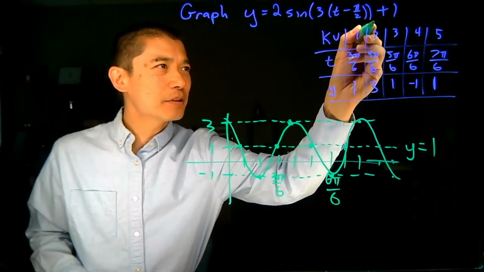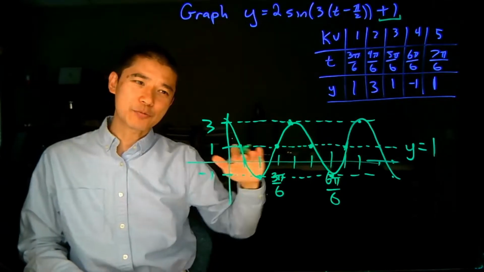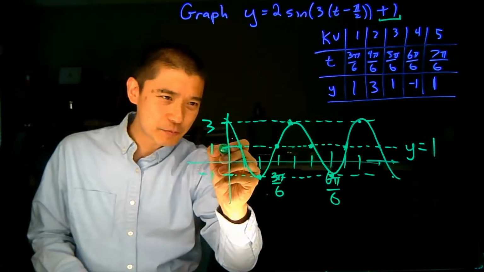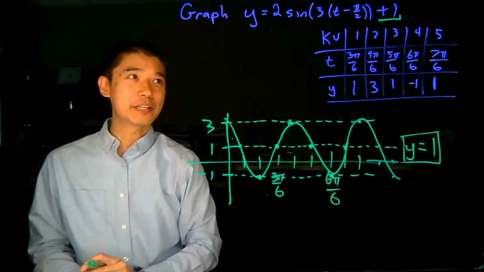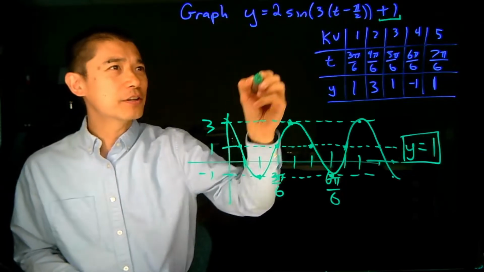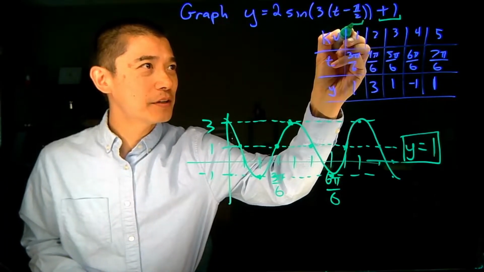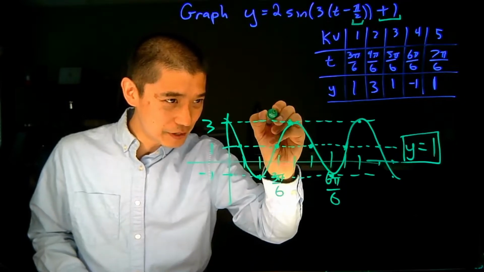So what do we have? Well, we have this +1 right here, right? Remember that +1 corresponds to the vertical shift, and that's where this midline is, right here, y = 1. So that part we can graph right away by looking at this. The next thing we can look at is the starting point, pi over 2. So the pi over 2 value, which is right here,